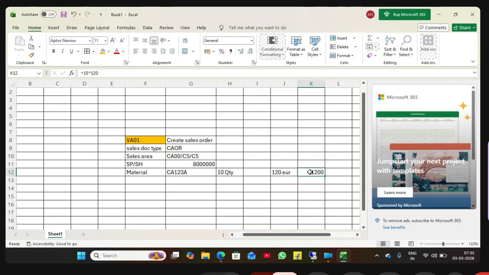See, 1 lakh value of product is there in the plant. That is the original product value. But if I am selling that 1 lakh product, I may get 1 lakh 20. That is the margin, 20,000 is the margin. Am I right? Inventory is always cost price. Sales order level is always sales price, selling price. This is sales, that is MM, the material management module. That is only cost.